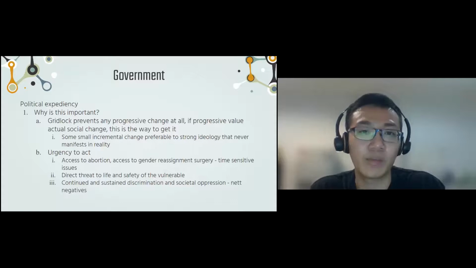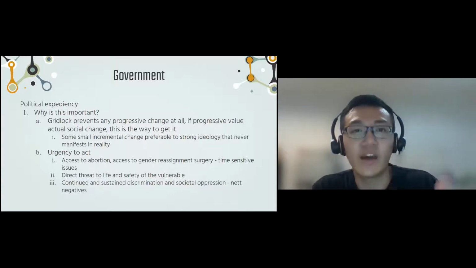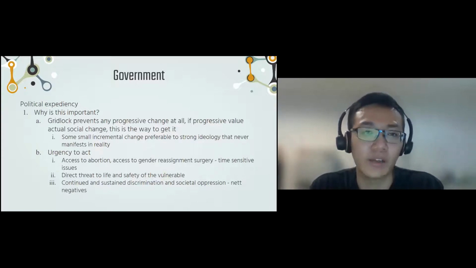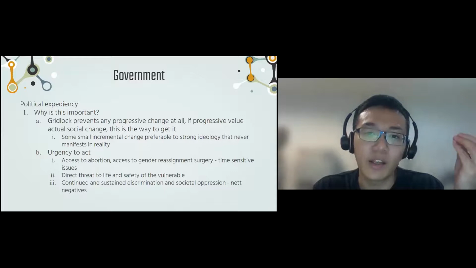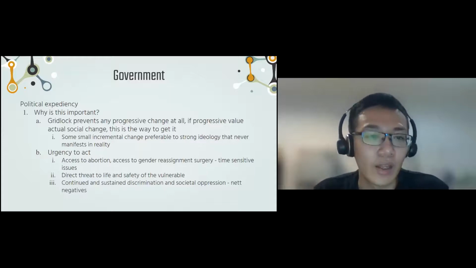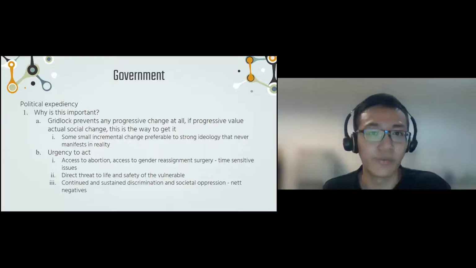So then the comparative becomes some change against no change, and it does not matter the values that you espouse as a movement, as a group, as an organization, if those values remain abstract and do not translate to material impacts to society, right? So that's probably why small change is better than no change at all,